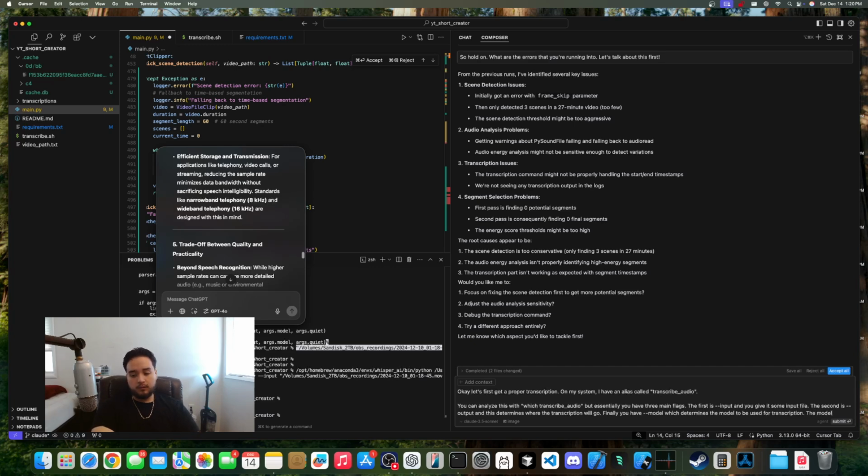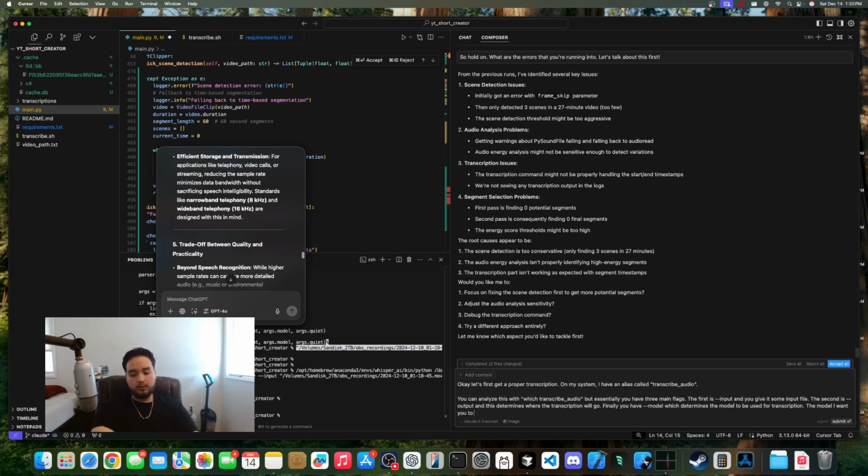The model I want you to use is base.en, which should also be the default model. However, for our purposes, let's